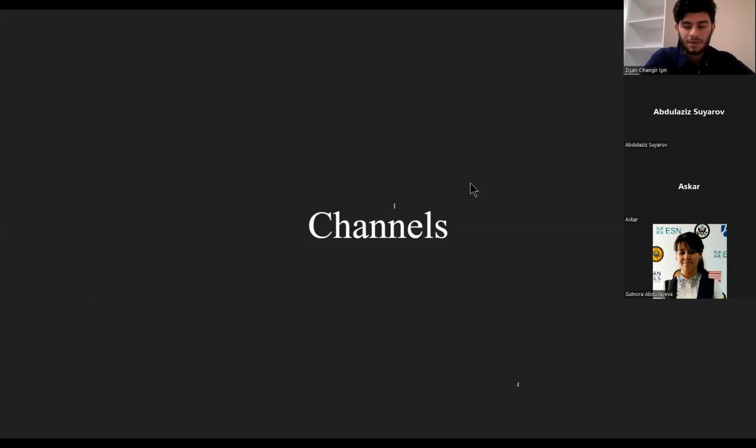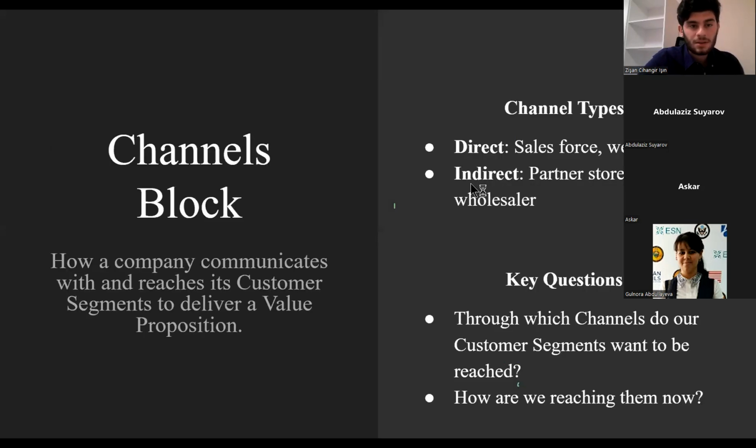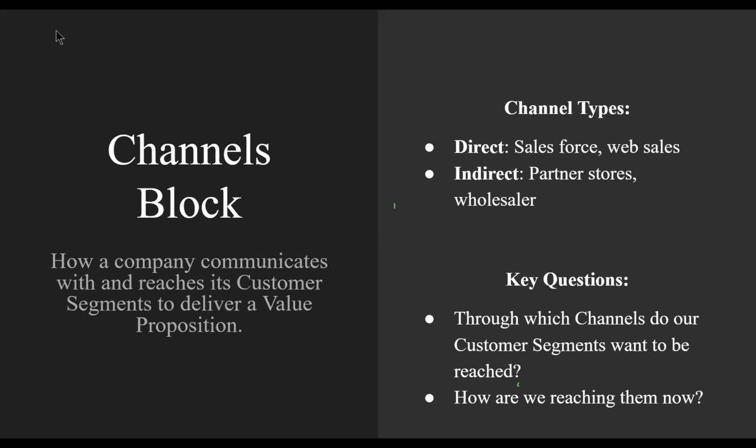The third part is the channels part of the canvas. The channels block is where you should sit down and write how the company reaches the customers to deliver the solution. This is the most important, but basic part. We have decided on the problem, we have decided on the solution we create, and how do we take this solution to the customer? This is the part where you should write down how you are going to take the solution to the customer in need.